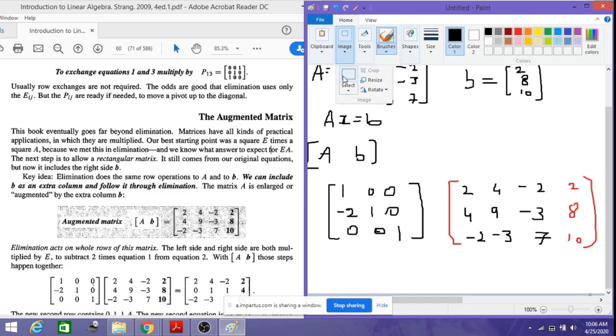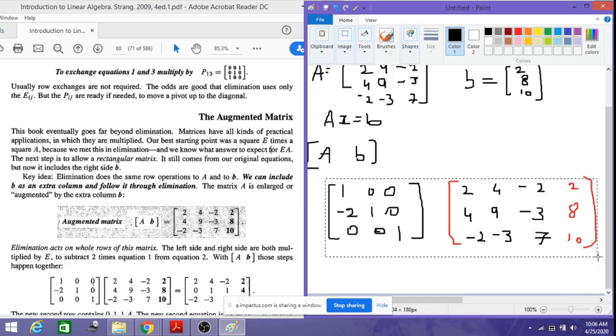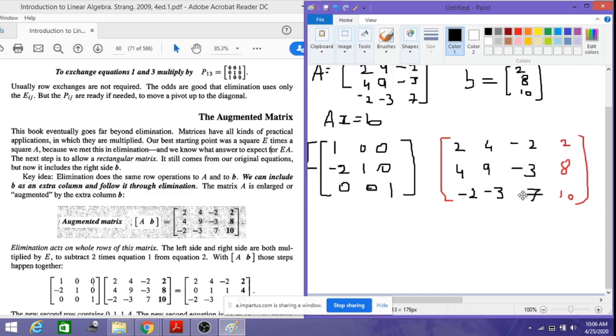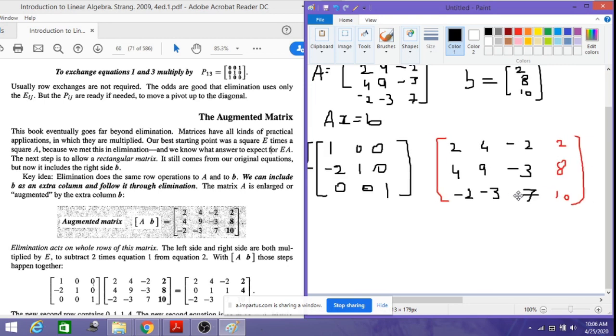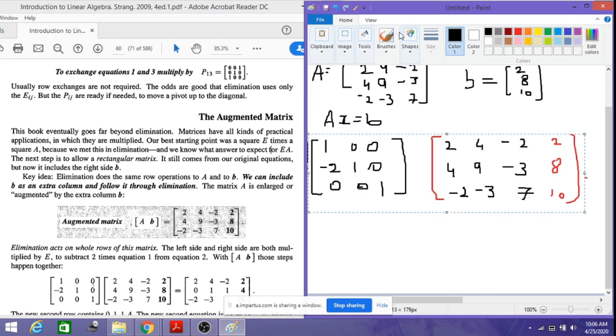Now let us do this multiplication and see what we get here. I'll shift this entire thing a little up. Now here we'll get 2, now here we'll get 4. The first row will be as it is, so 2 and 2. Now if you look into the second row, what happens is that,